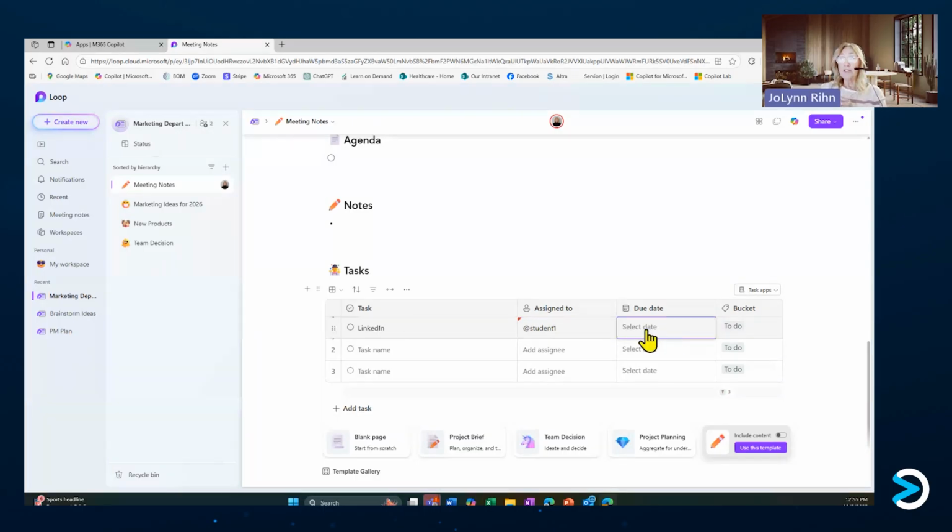I also could put in a date of when that's due by. I could put it into buckets, which is similar to what we have in Planner. So we have this full integration from one app to another. So just so you could see, this is how we could really kind of organize a page and put different components within a page. But I really want to kind of step back a little bit, because what exactly is